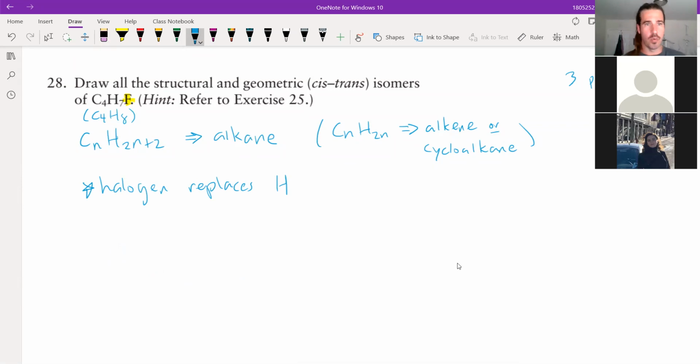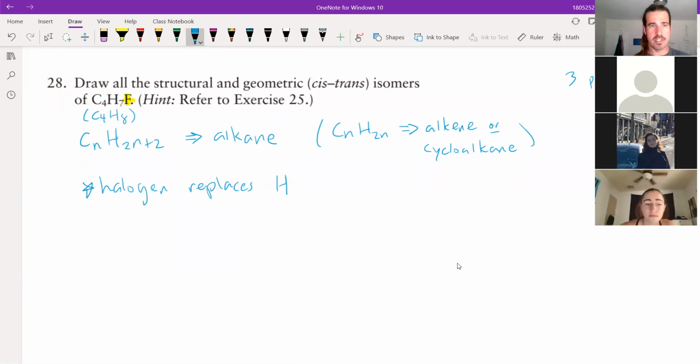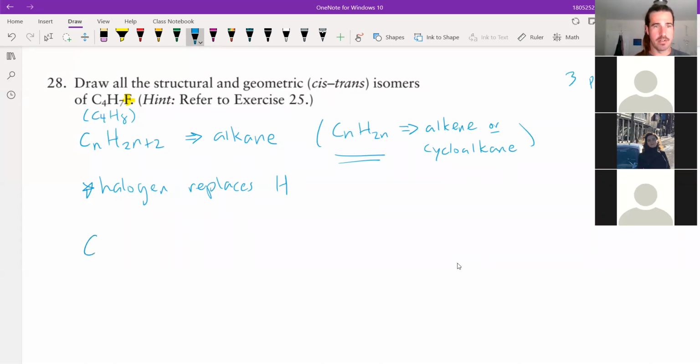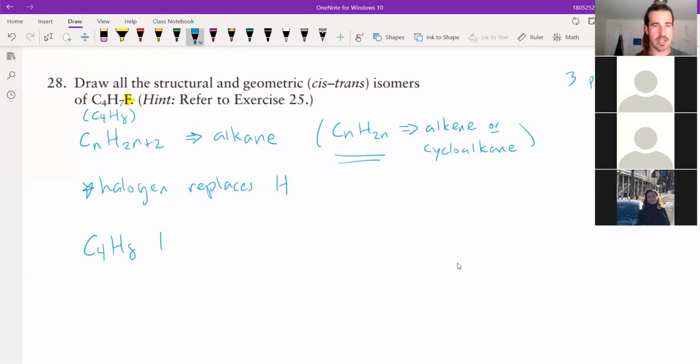So what I'm thinking with this is that a structure of an alkane, or no, that's not going to be CnH2n+2. That's going to be like this one, right? Let me know if that's unclear. So I'm thinking with that C4H8 type formula that I'm going to have